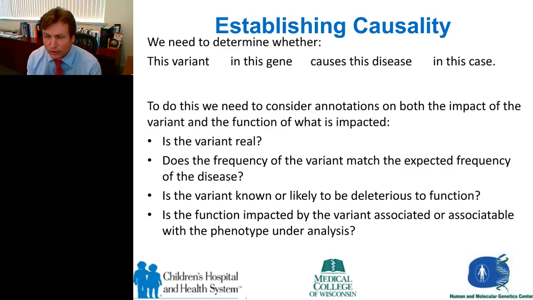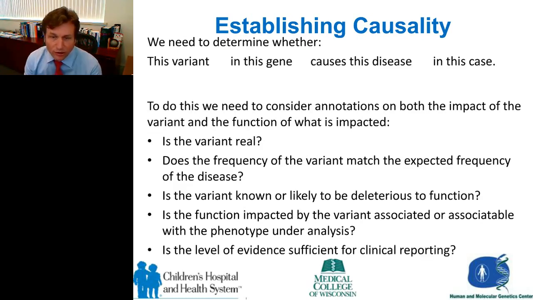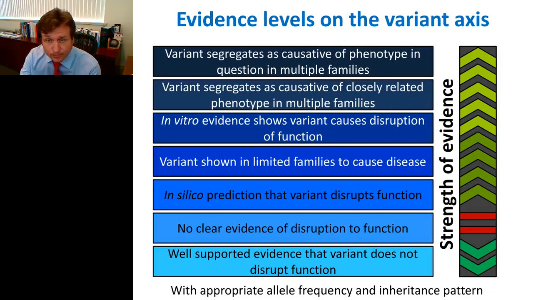And I think that's a really big issue as we go down the road, and as different clinical societies try to gauge how do we manage this information that's going to all continue to happen. And so what's the level of evidence that's sufficient for clinical reporting? Obviously, having multiple publications makes sense. But what are you going to do if you have an N of 1, like we did in the case of Nick? So what we do is we break the evidence levels into a variant axis.